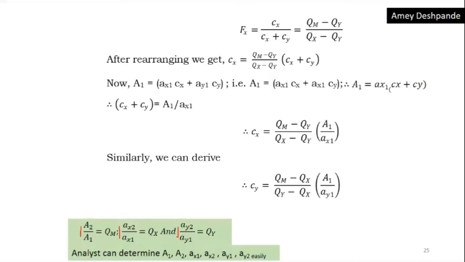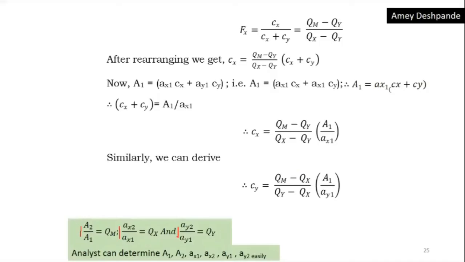So, you must have three solutions ready with you. Which are those three solutions? First solution, obviously your unknown solution. From that unknown solution, can you find out A2 upon A1? It is simple. Take that solution, take absorbance at first wavelength, take absorbance at second wavelength. Take the ratio of the two absorbances. You will get your value of Qm. You can substitute your value of Qm over here